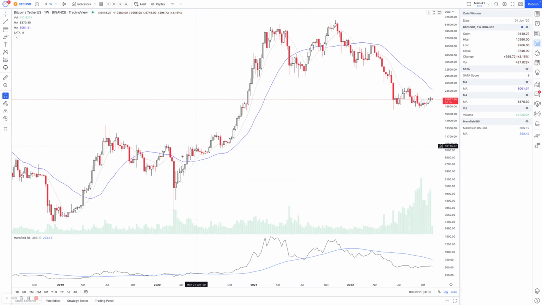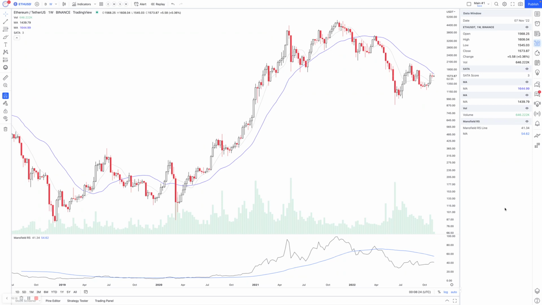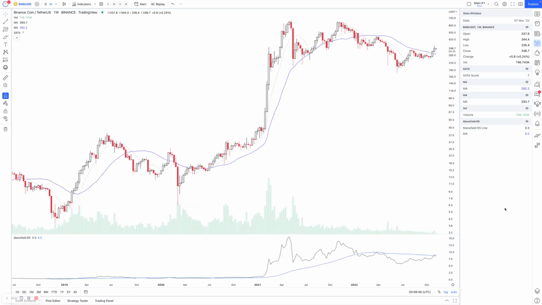But this is the kind of area that you want to be getting into when it's earlier in stage one, when the relative strength is only just starting to outperform, and then you're starting to move into potential stage two. So let's have a look at some of the crypto coins, the altcoins, as there are a few that have actually started to move into stage two. There's not many. There's maybe a couple. Matic and Quant, I believe, both have started to move, and maybe Binance Coin is also testing that stage two level. And there might be one more that I'm thinking of off the top of my head, begins with a C, but I'll find that in a minute. But if we flick through to here, so Binance